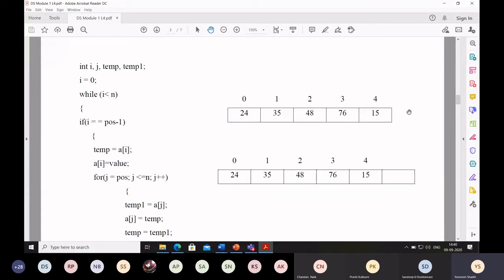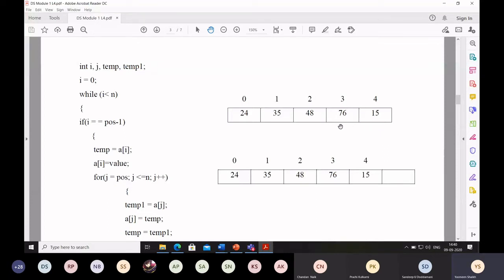For that, assume that we have this array with us. In this array, there are already 5 elements. The first position element is 24, the second position element is 35, the third element is 48, the fourth element is 76, and the fifth element is 15.